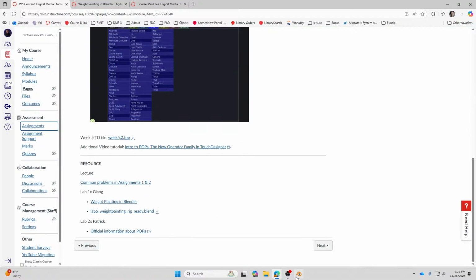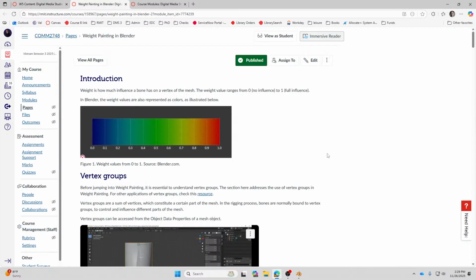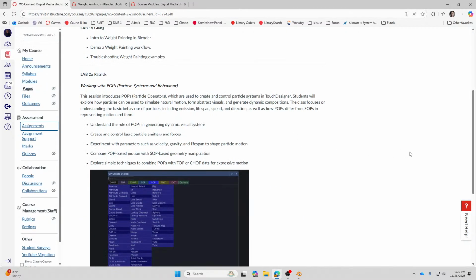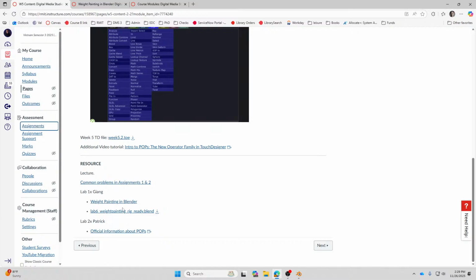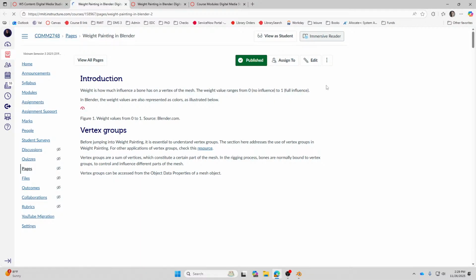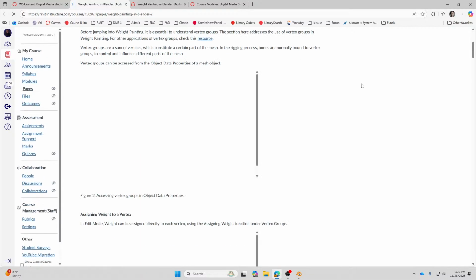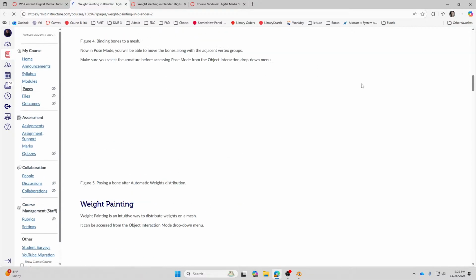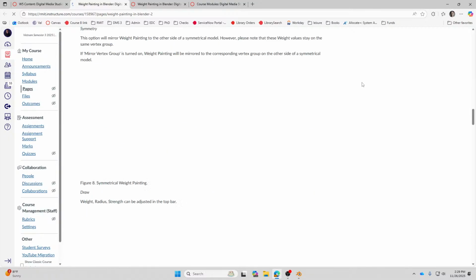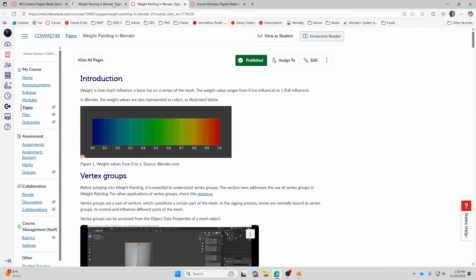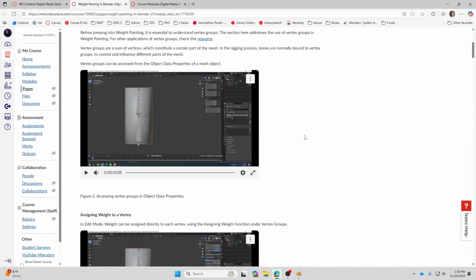Now, today you will be introduced to weight painting, and there's a page dedicated to weight painting that I have written myself because I think it's essential that you get detailed instructions on this. Today we're not going to go into each of the tools here.